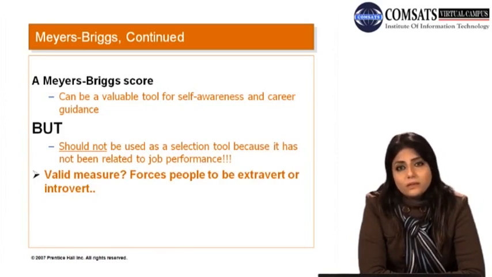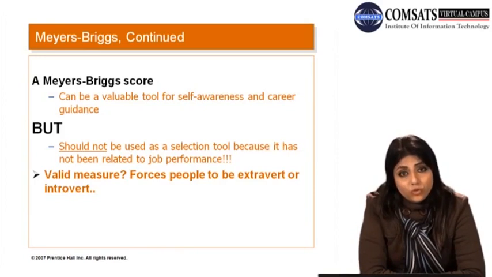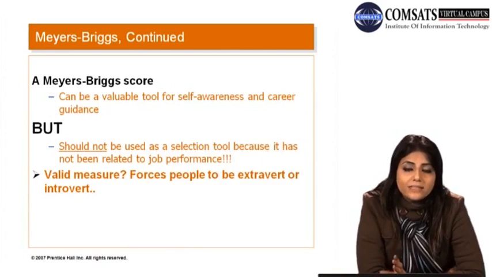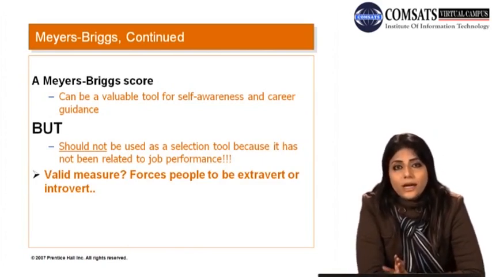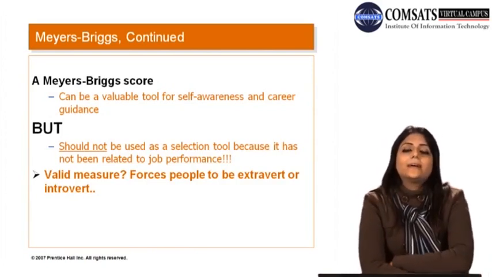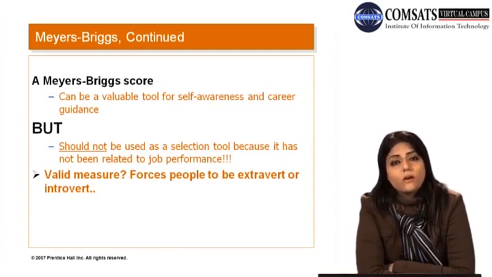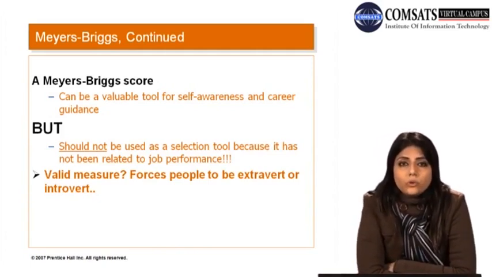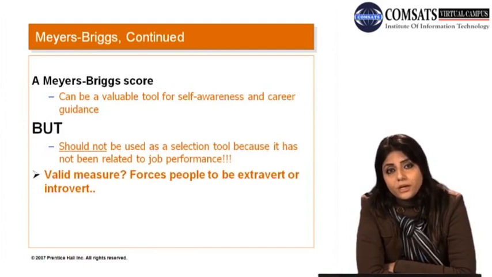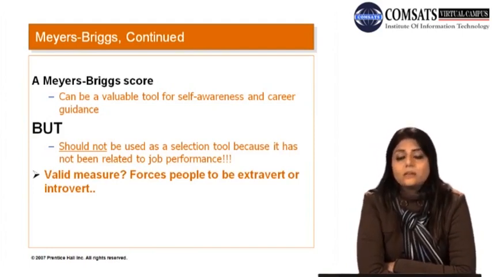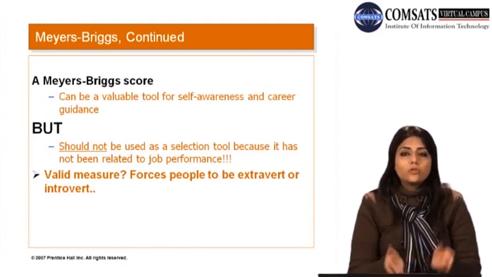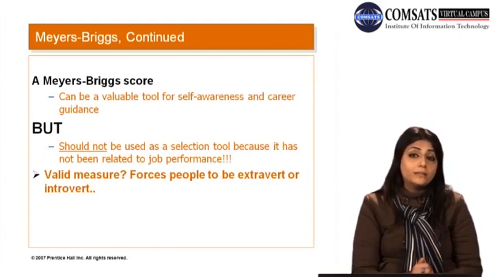There is a criticism of this tool, although it is very widely used. The criticism is that it divides the individual's personality into a number of traits and makes one trait the opposite of the other, just as we saw in the previous slide that extroverts are the opposites of introverts. So does it mean that if an individual is extrovert, he's totally extrovert and not at all introvert? That is not the case. As per this test, an individual is either extrovert or introvert. But an individual can be both at a time, a little of one and a little of the other as well.